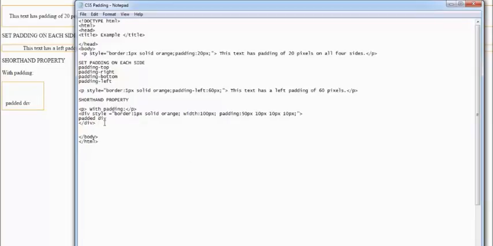And if you want to continue with another example without padding, you want to show a section without padding, this is how it's going to look. Just say P, paragraph, without padding, close, and then you go on and define the division tag: div style is equal to border 1 pixel solid orange, width 100 pixels. Bracket closed,